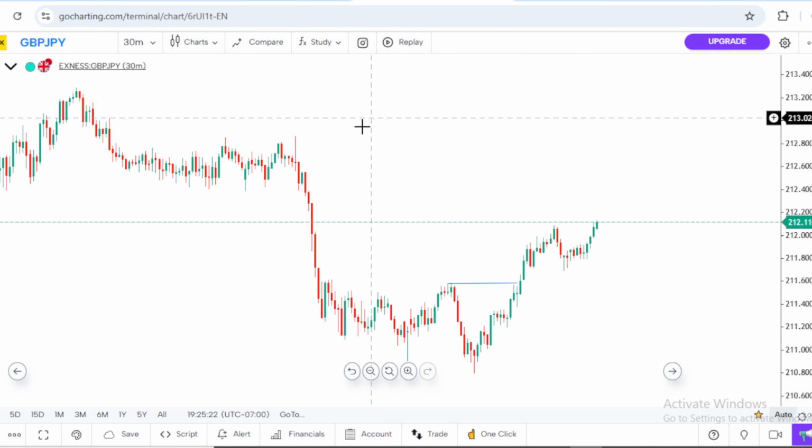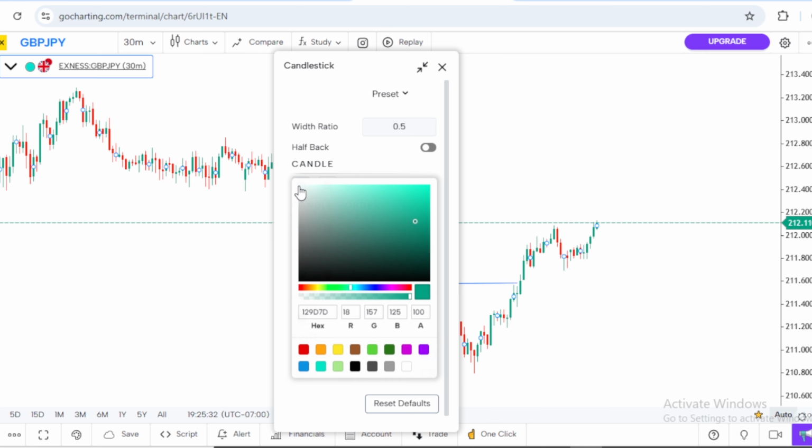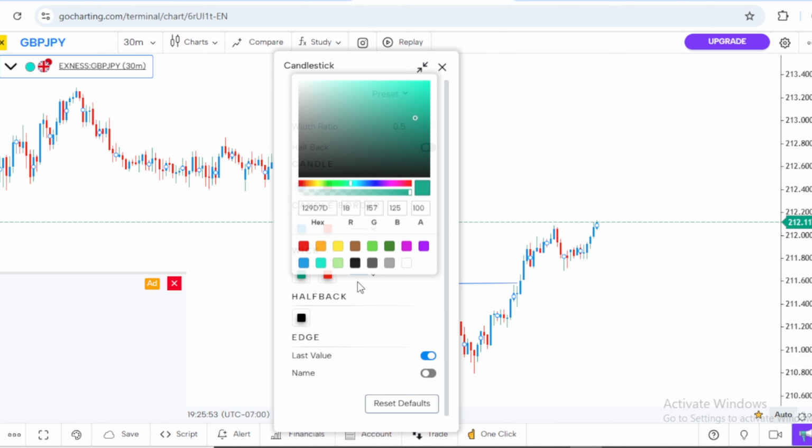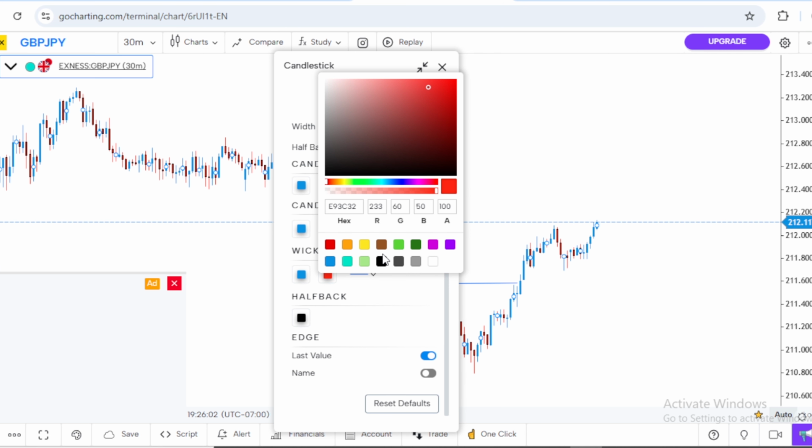So for the candles, if you want to change the colors of the candles, you double click on any candle to take you there. So I said I want to make these particular buys. I want to make my buys blue. Then my sell, I want to make it black. So you click it, any color of your choice. These are my sells. I'm picking my sells now.